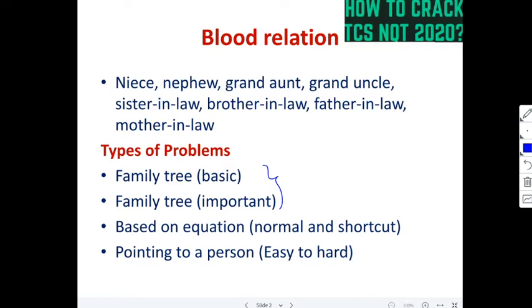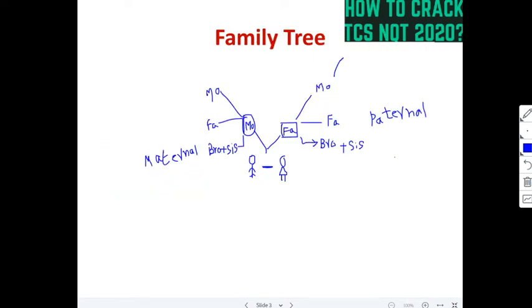So today we will see the basic family tree. What is a basic family tree, and how can we solve problems based on this, right? This is a very basic thing, and we have to extend it more. Here, if I am there and I have a sibling, these two are in zeroth generation, that is, brother and sister are in zeroth generation, and we represent this with a single line at the same level.